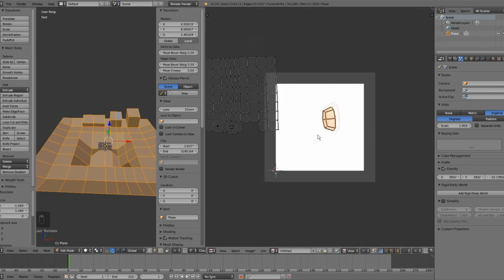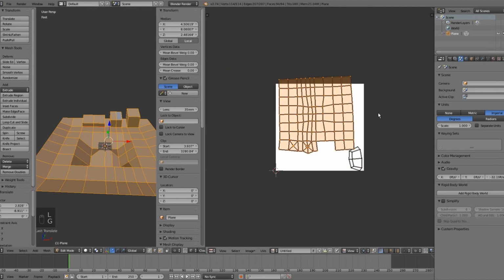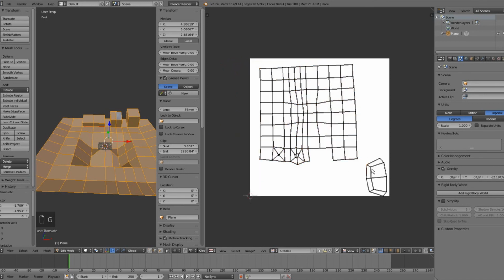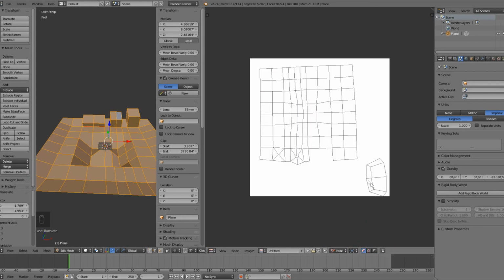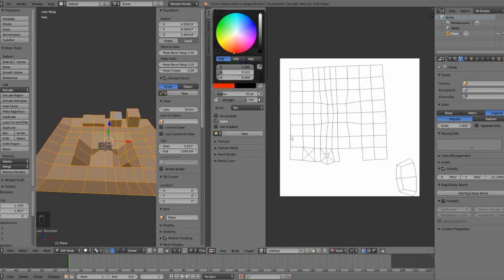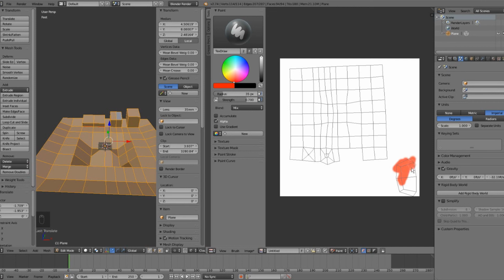Okay. So now we've got a neat little white image. I'll move all this stuff back over here. I'm going to shrink this a little bit. Okay, so I'll come over here, and instead of view mode, I want to come to paint mode. I'm just going to paint this black so that you guys can see. I'm going to press T so I get the options over here. And I'm just going to change this. Actually, I'll paint it red. I'm just going to paint this red, just so you guys can see